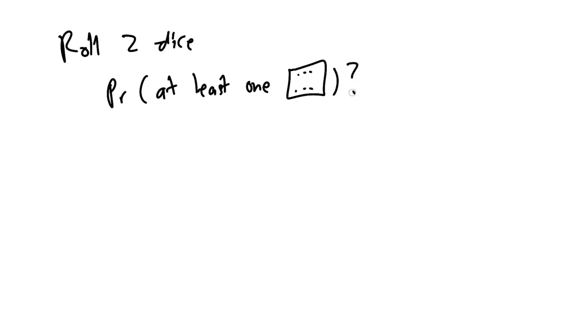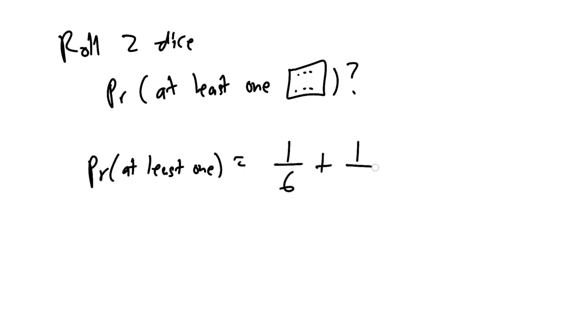Okay, here's the fallacy. A lot of students will say, well, the probability of getting a 6 if I roll once is going to be 1/6. So clearly the probability that I get at least one 6 is going to be 1/6 plus 1/6, right? I mean, after all, I get 2 chances. I can either get a 6 on the first one, and if that doesn't work out, oh well, too sad. I still get a second chance to roll, right?